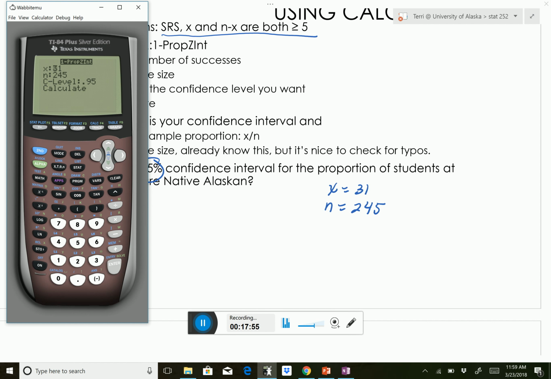And what's really nice about those of you who have the 84s is it actually keeps in just the last thing that you did, even if it was a 1 prop z test. And so you have x is 31, n is 245, your C level is 95. So you're going to hit calculate, and you find out that it is 0.0849 to 0.16816,